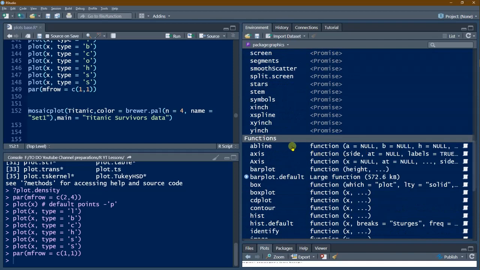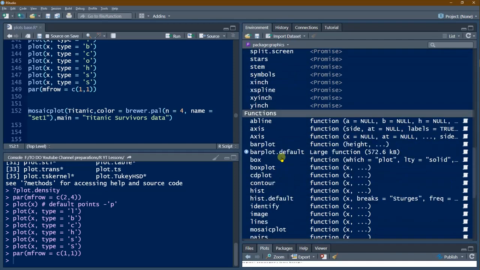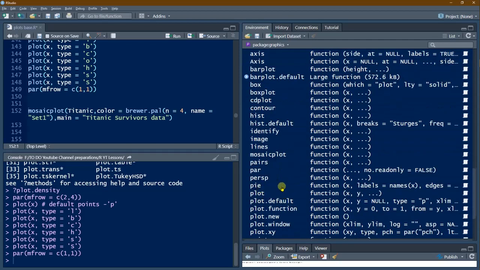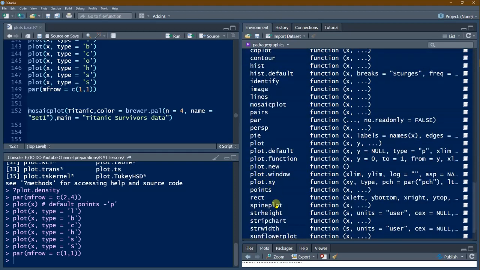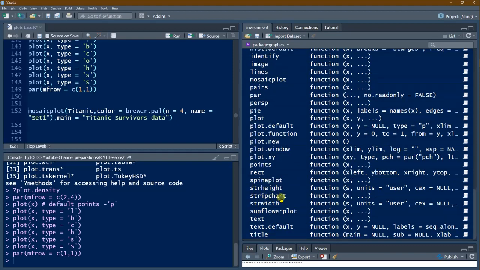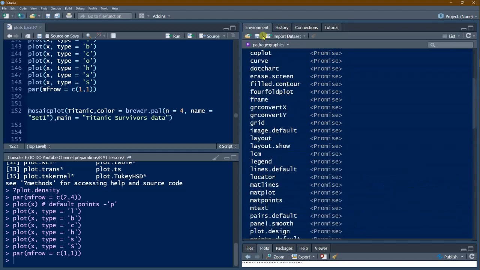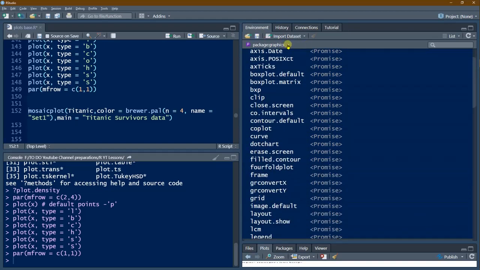If you look at these functions, you have various types of high level functions like barplot, boxplot, coplot, contour plot, histograms, mosaic plots, pie charts, and in plot itself we have got varieties. Got spineplot, stripchart, sunflowerplot, etc. So here you have various kinds of plots, all these functions available in the graphics package, and once you have chosen that environment, you are able to witness them.